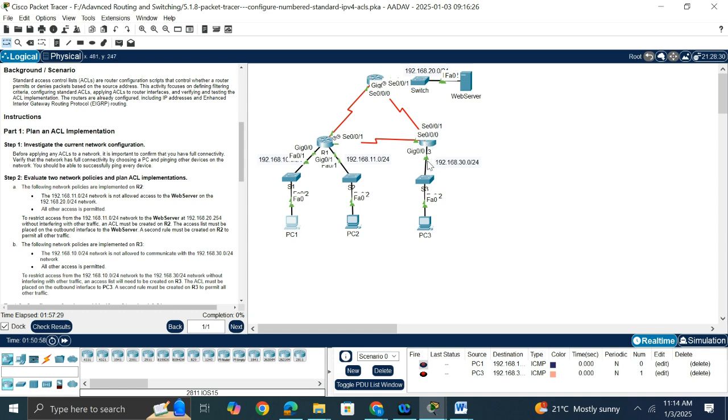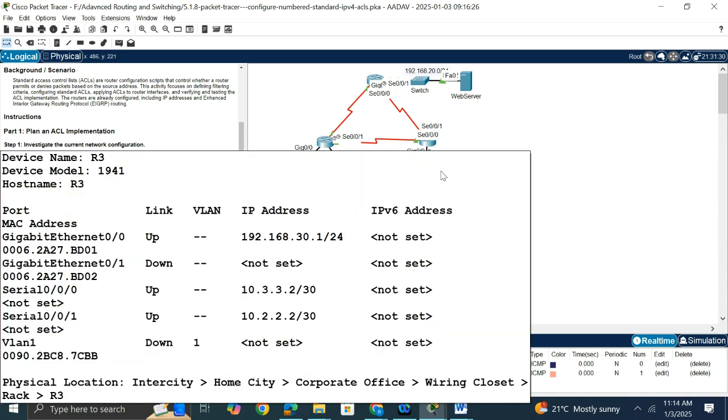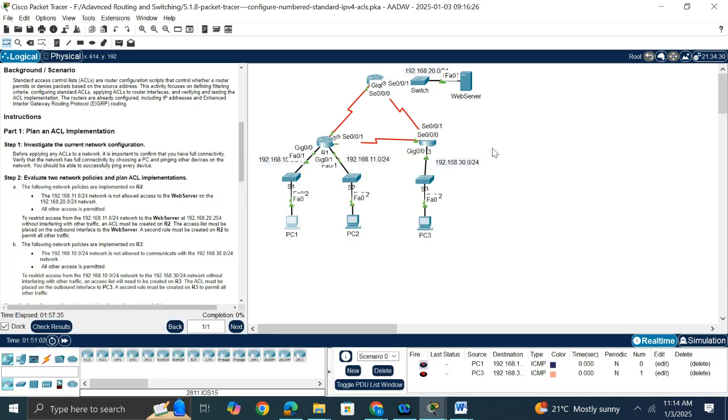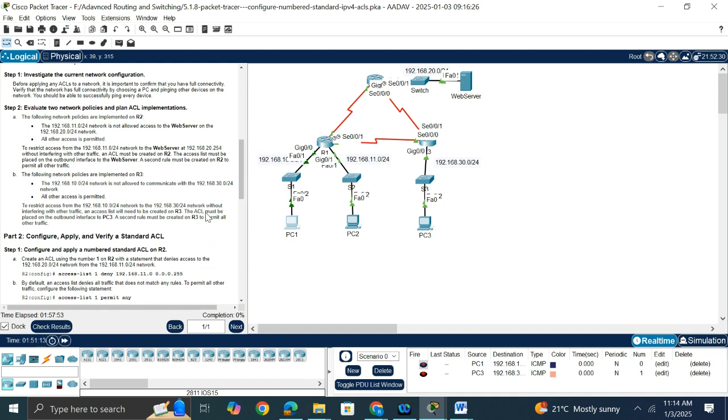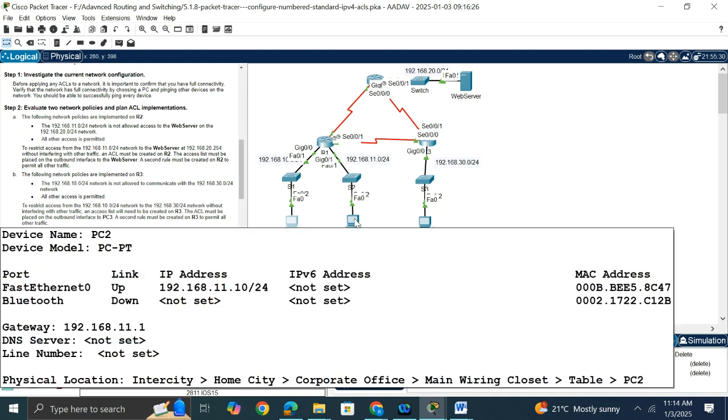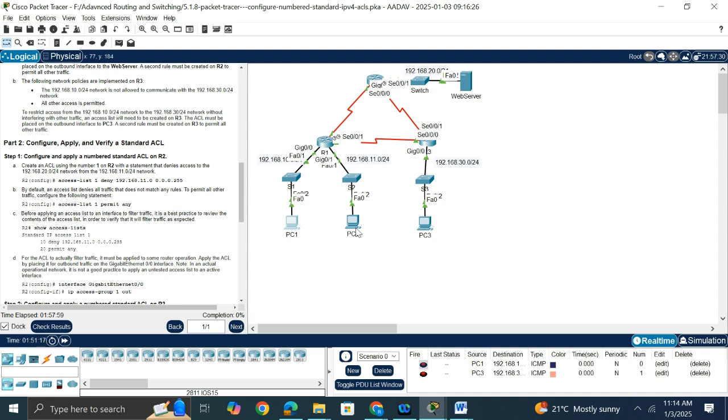This interface G0/0 where R3 is connecting to 192.168.30.0. Okay, there you want to block. 30.0 we want to block. Okay, the packet from this network to this network should be blocked at R3. Which interface is going towards that 192.168.30.0? R3, sorry, G0/0 on R3. Okay, remaining all traffic we need to allow. So how do I do this? Connecting to PC3, that interface is G0/0. Here the web server connecting is G0/0. Okay, so I'll go to